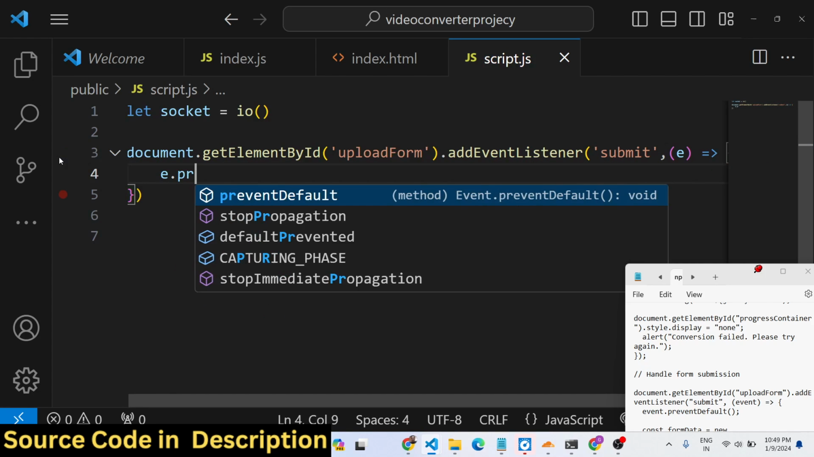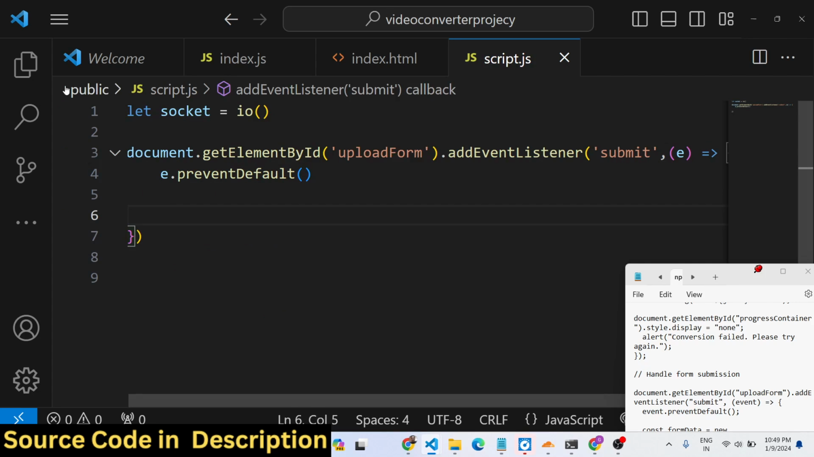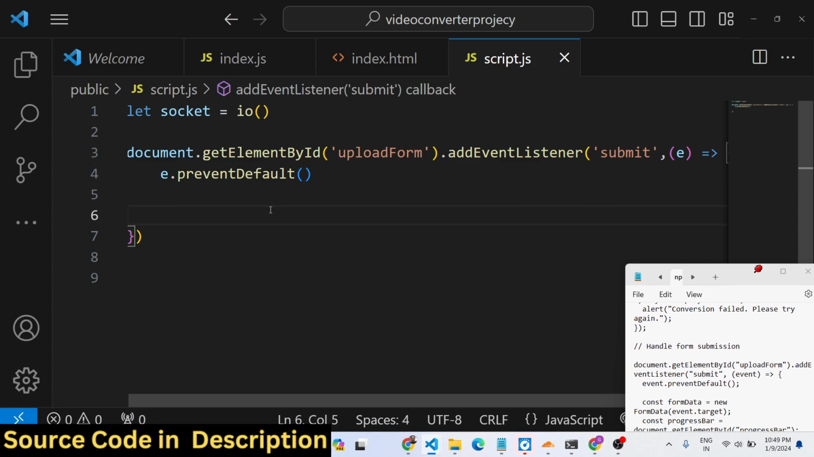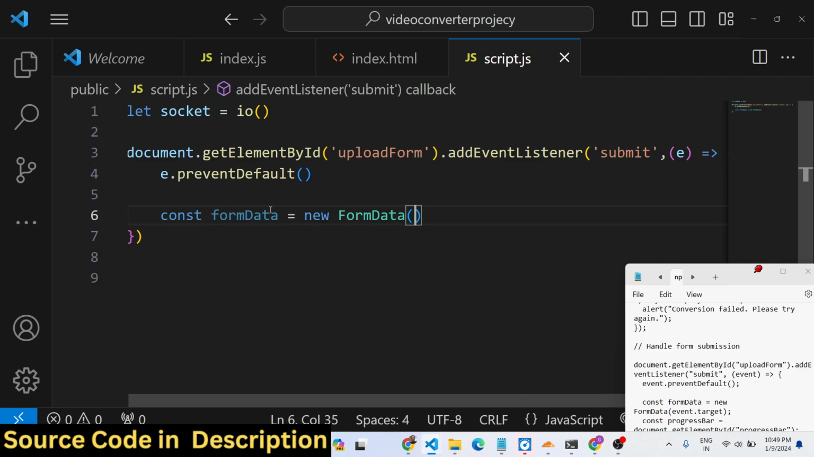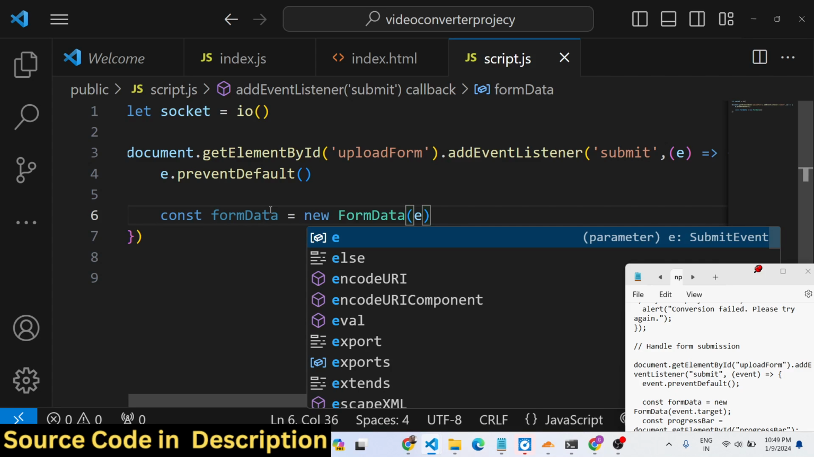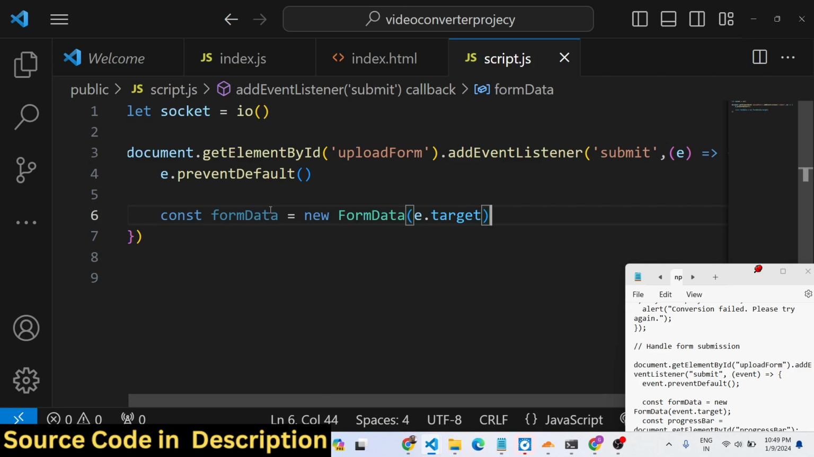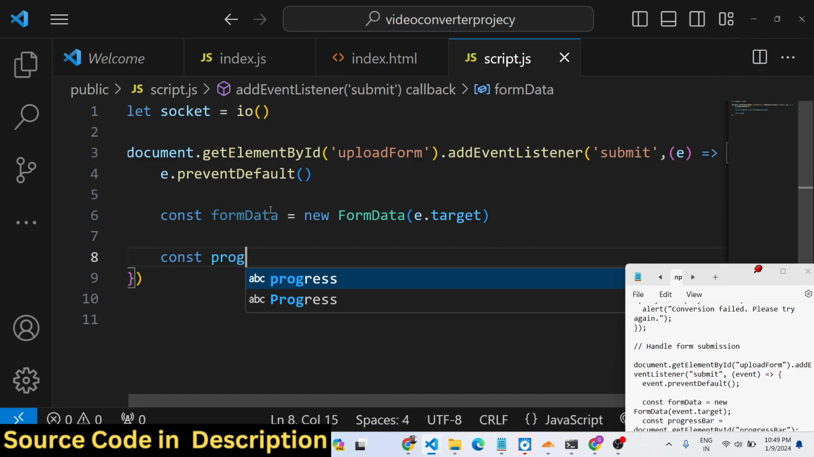So e.preventDefault, we will prevent the auto submission of the form, and then we will actually get the data. So we will get the form data by using the FormData constructor, new FormData, and we will pass the reference of the form, which is e.target. That's all, and then we will get the reference of the progress bar, guys, and